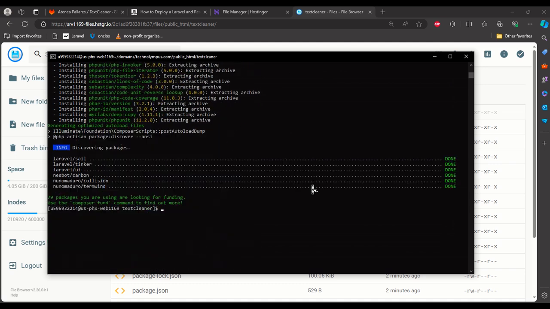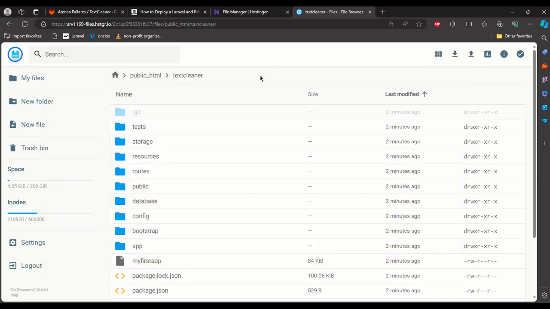Here since we don't have npm install, we are going to compile it and we will upload in the public folder here from our local.